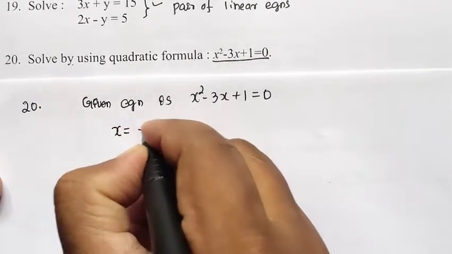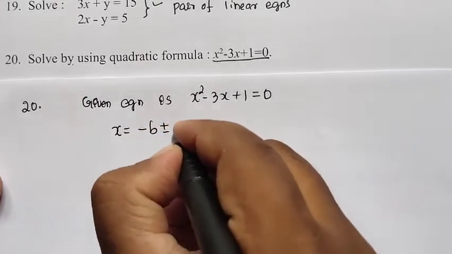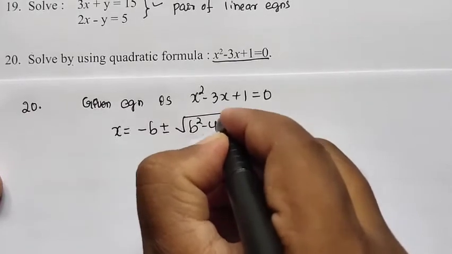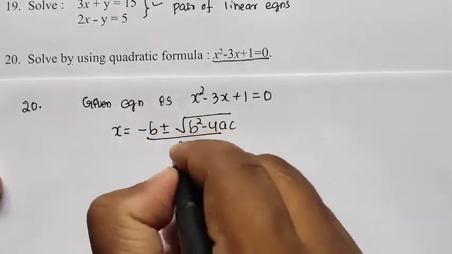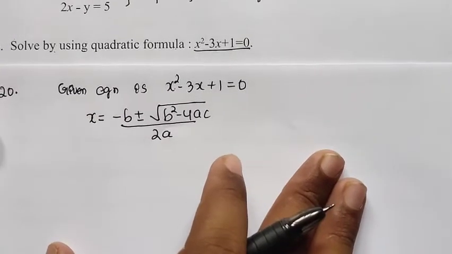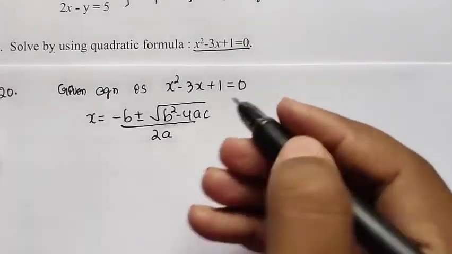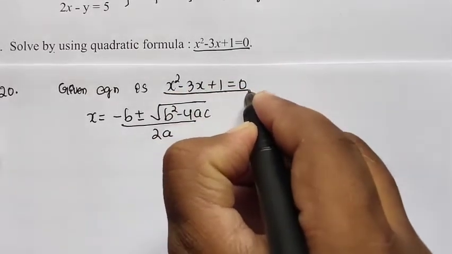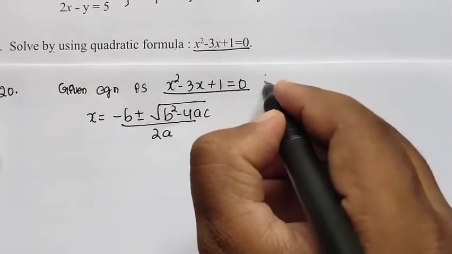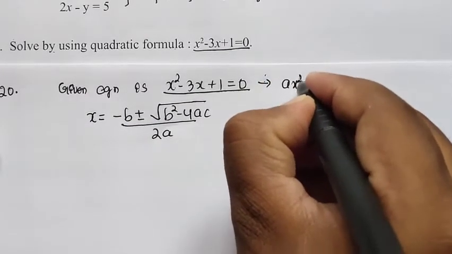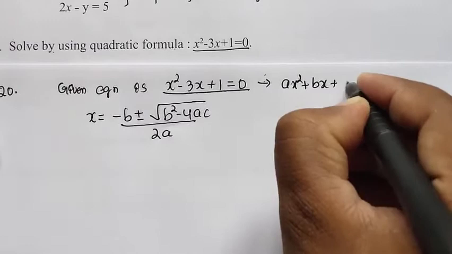अब हमारा जो क्वाड्रेटिक फार्मूला है, सो क्वाड्रेटिक फार्मूला x इज इक्वल टू माइनस b प्लस और माइनस अंडर रूट ऑफ b स्क्वायर माइनस 4ac डिवाइड बाई कितना 2a, ये हमारा क्वाड्रेटिक फार्मूला होता है, जो कि डेरिवेशन से मिल जाता है अगर आप स्टैंडर्ड फॉर्म ऑफ क्वाड्रेटिक इक्वेशन लेते हो। तो यह जो इक्वेशन है x स्क्वायर माइनस 3x प्लस 1 इज इक्वल टू 0, इसको कंपेयर करना होता है। सो यू हैव टू कंपेयर विथ ax स्क्वायर प्लस bx प्लस c इज इक्वल टू 0 से।